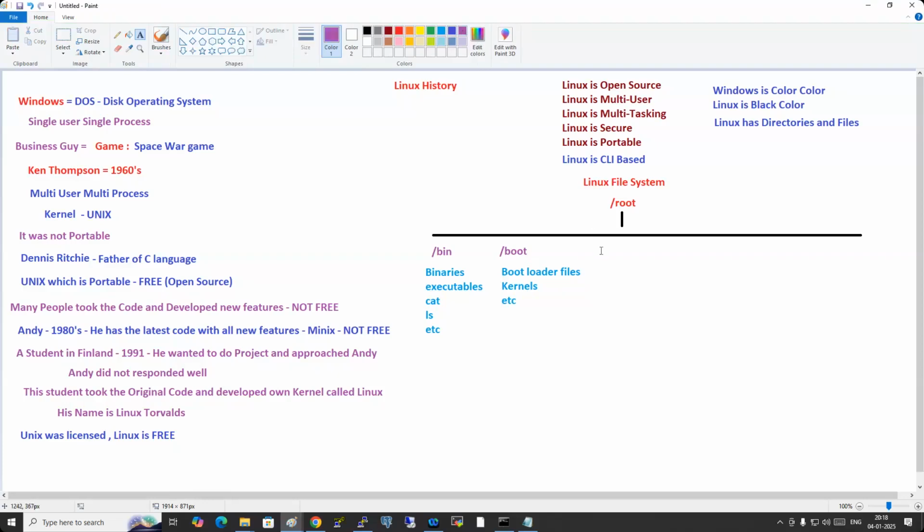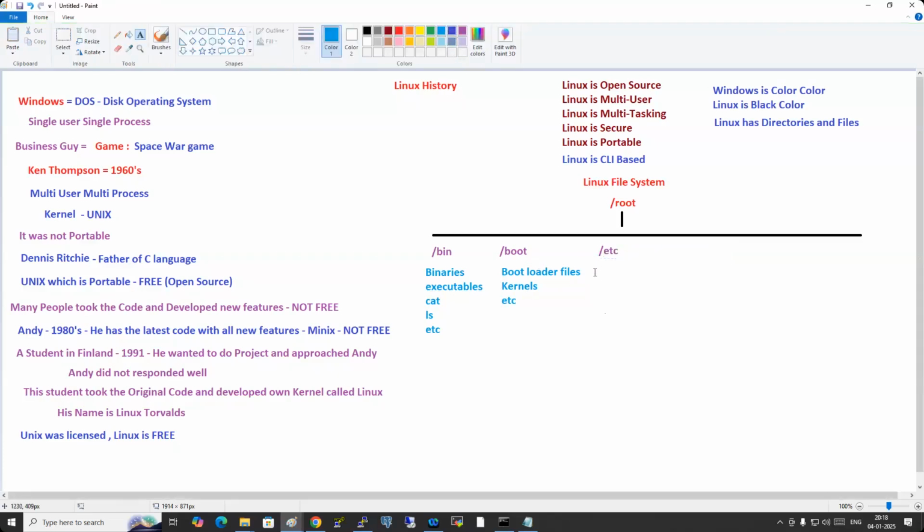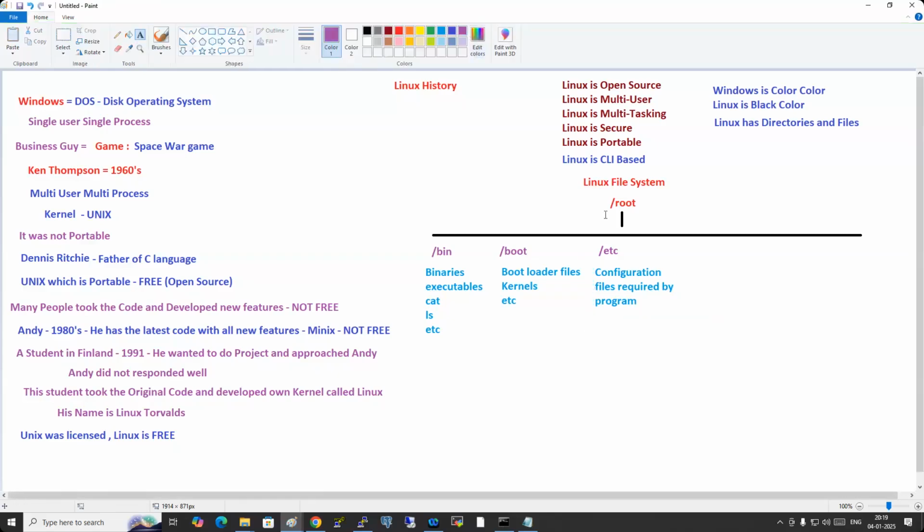And then here we have another important one, /etc. Everyone say that. /etc contains configuration files, the configuration files required by programs. All your configuration files will be under which directory? The etc directory. Say that one more time, /etc. Next,